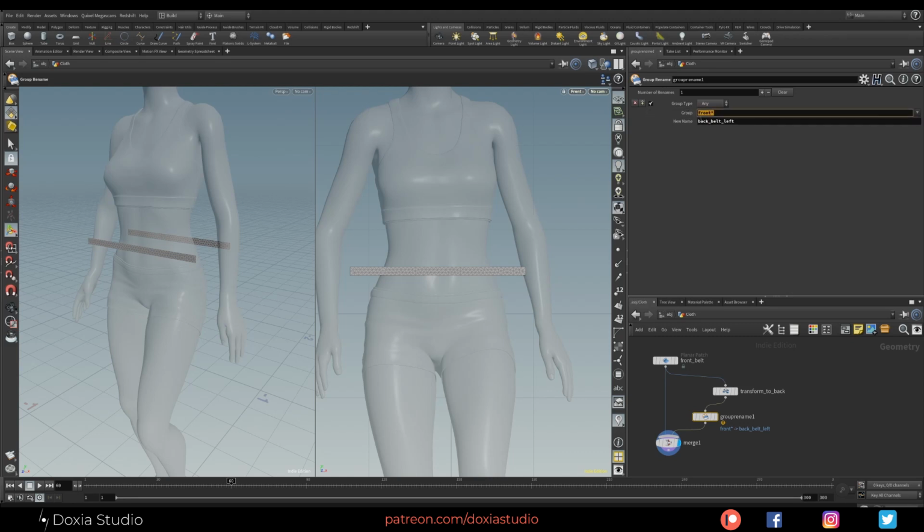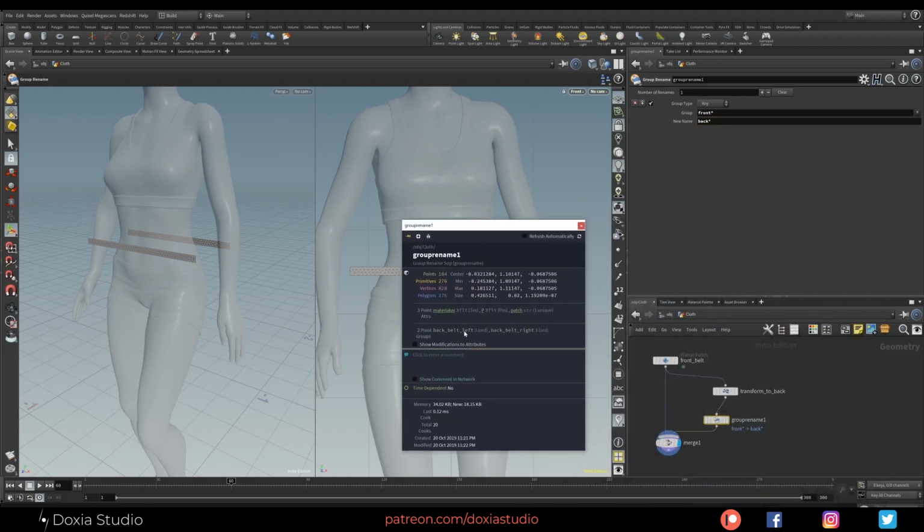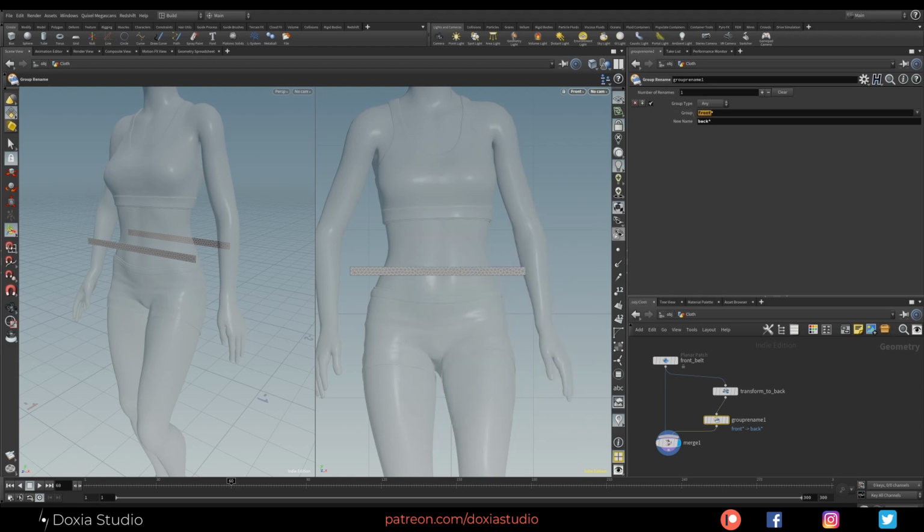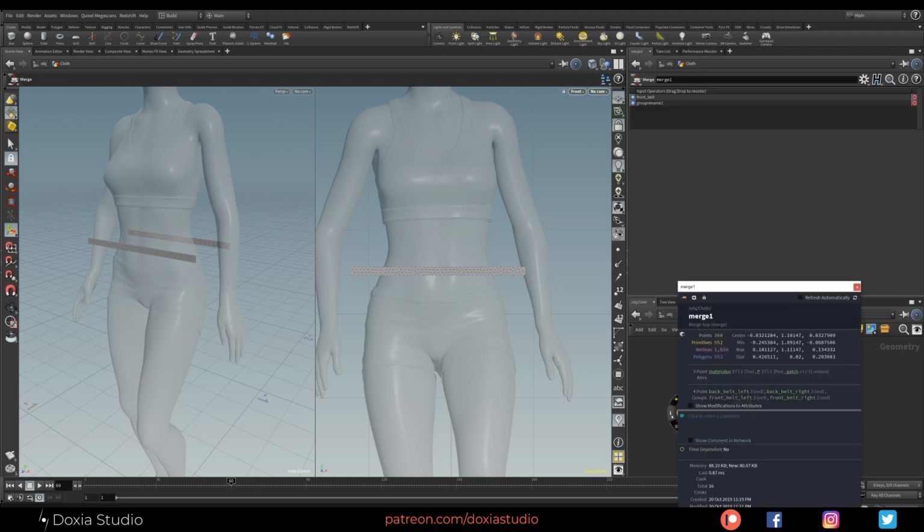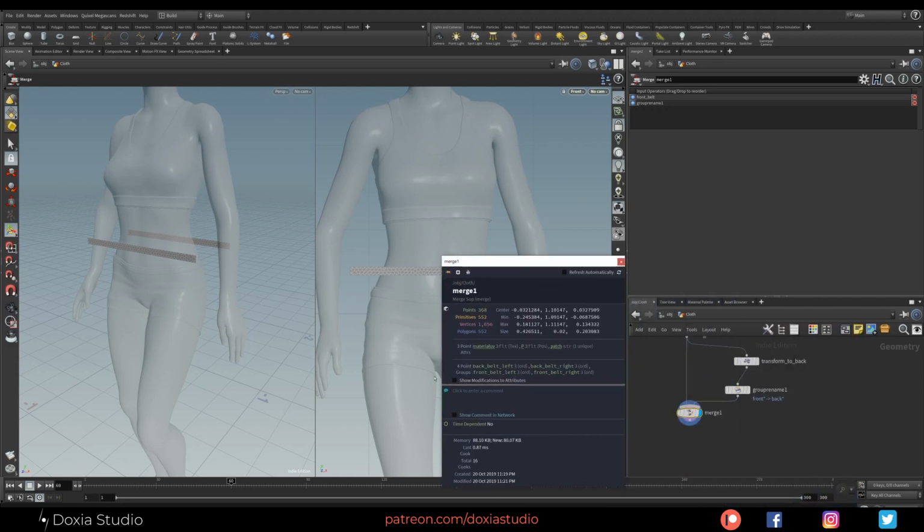So let's place front and this symbol, and back here. If we check now, our group names are called back belt left and back belt right. This way we are just changing the word from front to back. Now if we check on merge, we have 4 point groups, back belt and front belt.